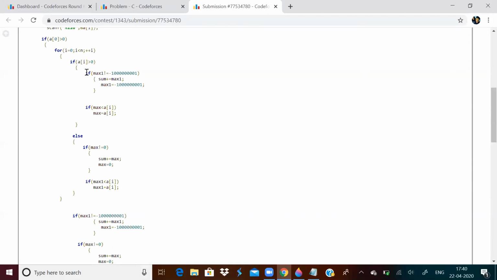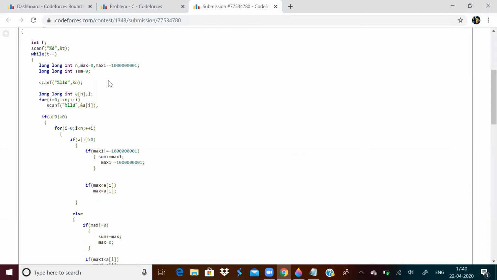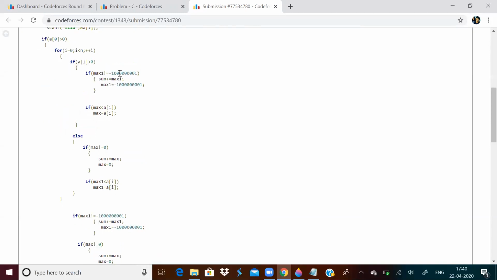Before that, this step was important. I am going to add the maximum negative element unless it is equal to this value. That means if max1 has not changed, then I won't be adding the maximum negative. If max1 has changed, then only I will add max1 and then change max1. What I'm trying to say